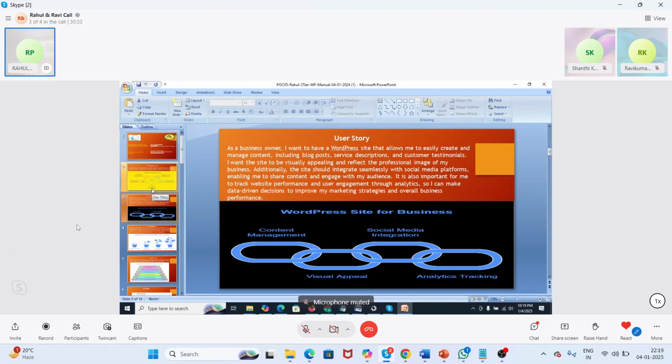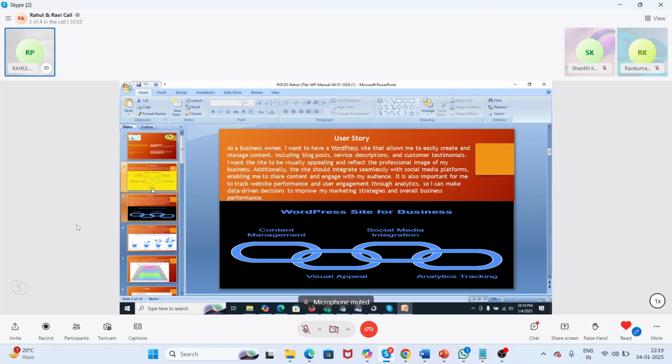WordPress offers a robust platform that allows for the creation and management of various types of content, including blog posts, service descriptions, and customer testimonials. It also provides the flexibility to customize the site's appearance and functionality to match the business branding and objectives.